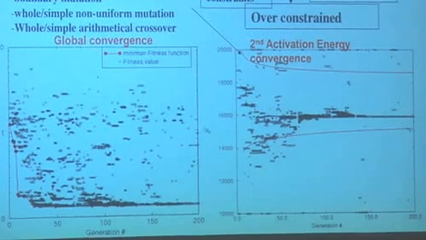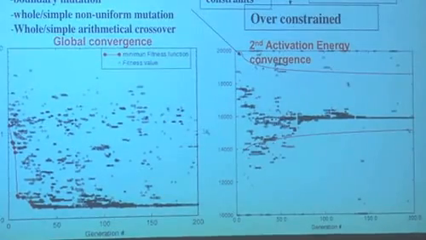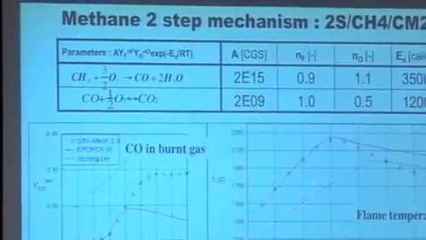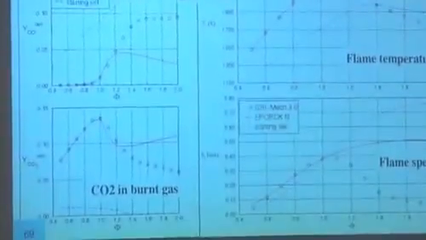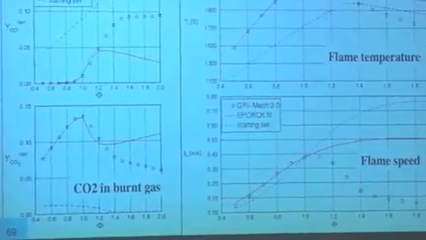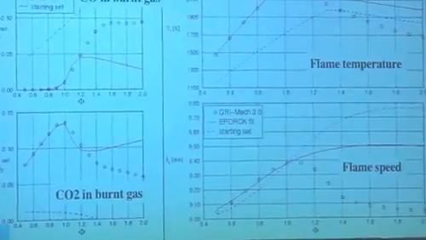It doesn't always work that well, but if you need to fit a lot of reactions in a reduced scheme, that can be a good solution. So you end up with this kind of agreement I've shown before, CO2, CO, flame temperature, flame speed, which is quite reasonable, and it's obtained automatically, not by the PhD student. But the PhD student has to write the code which does it automatically.